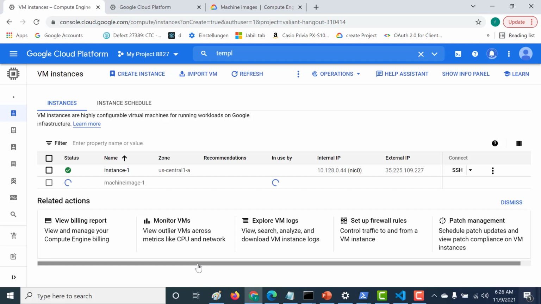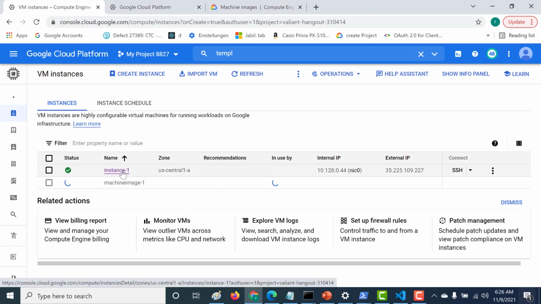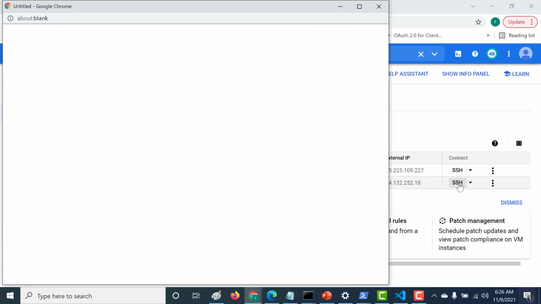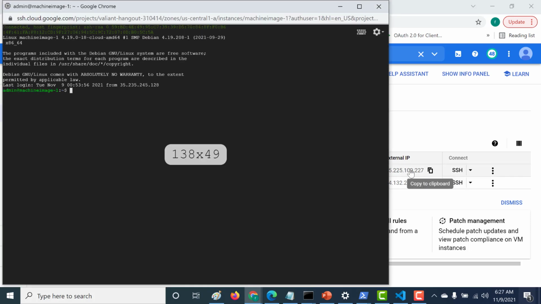This creation will also create a new disk, but this disk would be a replica of the instance one that we had previously created, and it will contain those files ABC and ABCD. So let's wait for this particular instance to be created. Okay, so our instance has been created. Let's SSH into it. And if I do an ls, I should see those two files. And here you can see that those two files are present. That's because the replica of the boot disk was taken.